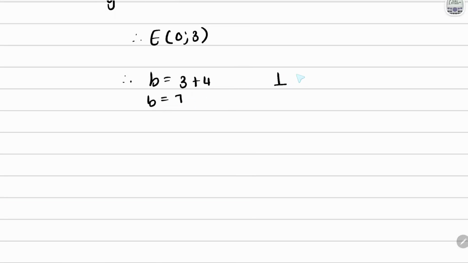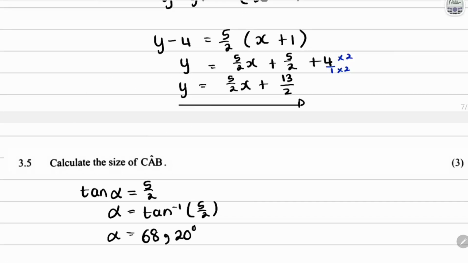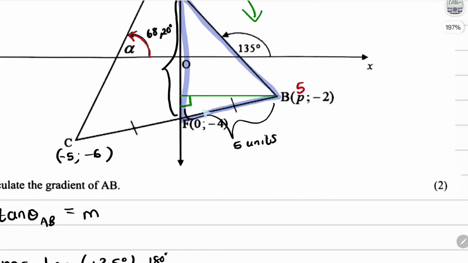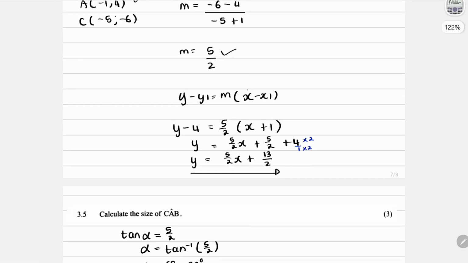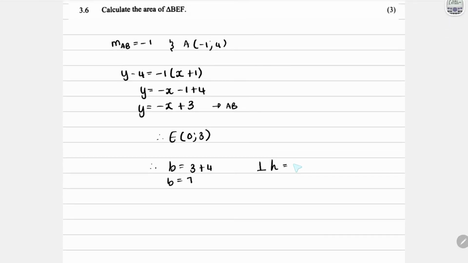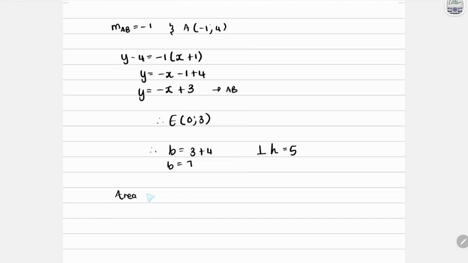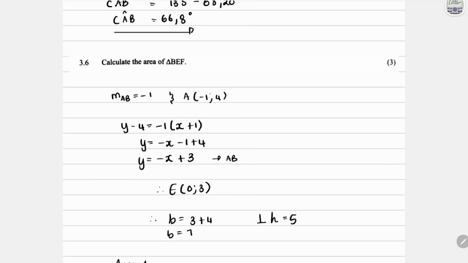Now remember our perpendicular height that we needed, we already found that. We found that to be 5 units, okay? Because it is a horizontal line, it's perpendicular to the y-axis, which is a vertical line. So we have 5 units there as our height. So we can actually find this area. So the area of this triangle, which is BEF